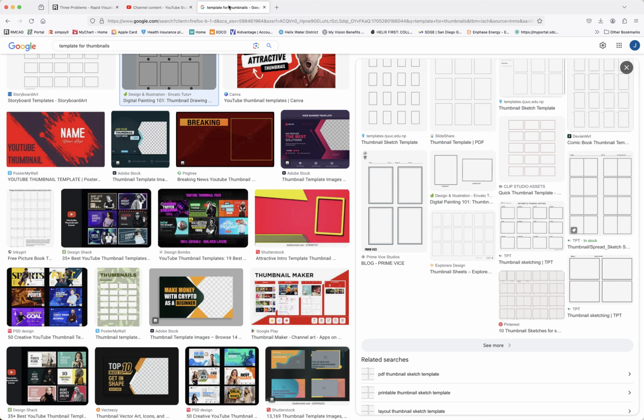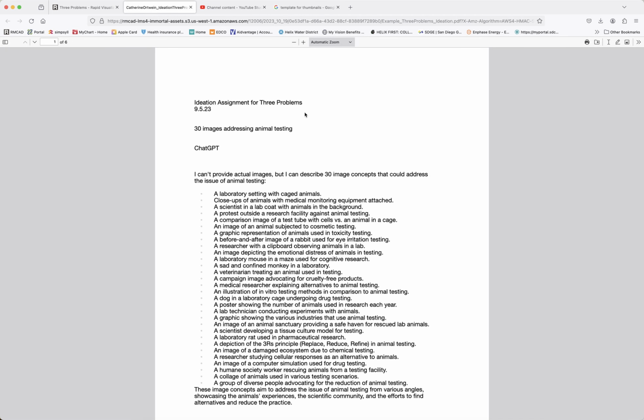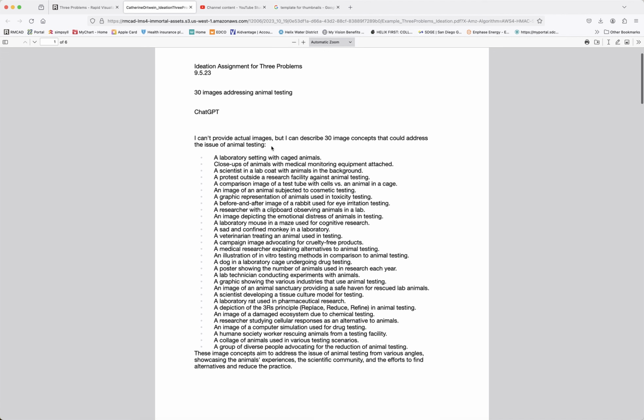Now, let me give you an example. It's not a very good example, but it'll give us an idea of what it is that you will be submitting. Okay, so here we have this. I don't know who this was. This is a student example that was in the classroom. This student's doing 30 images addressing animal testing. Now, you'll notice that these aren't broken up into categories, so it's a very poor example. But this would be, you would insert, remix,